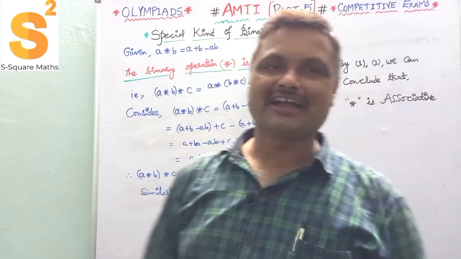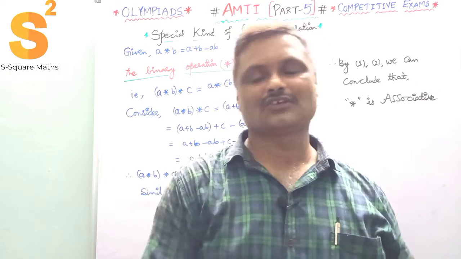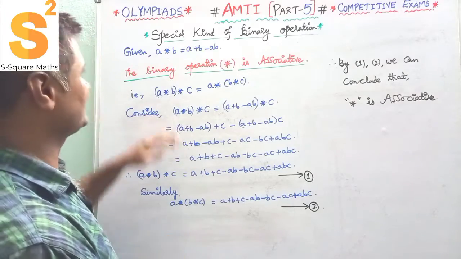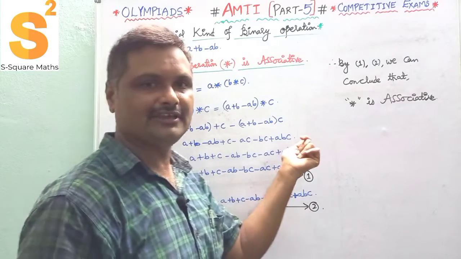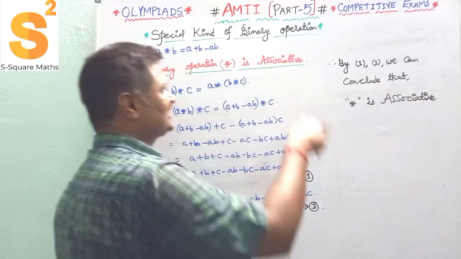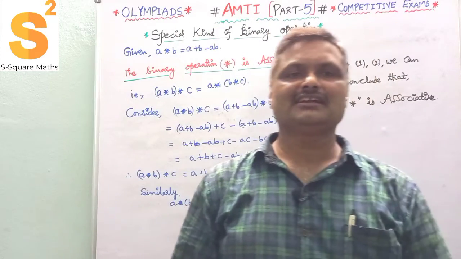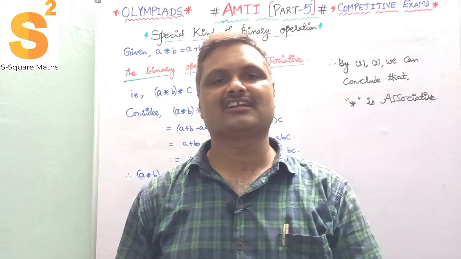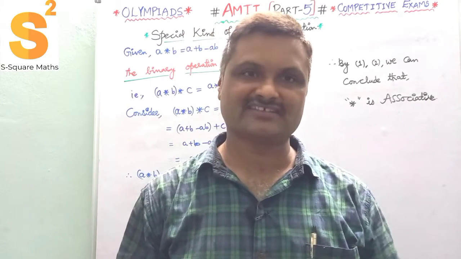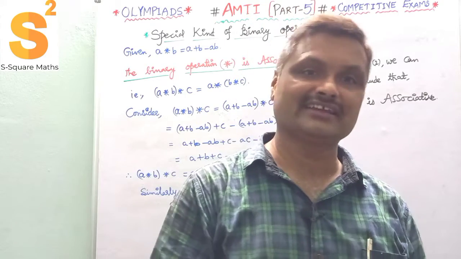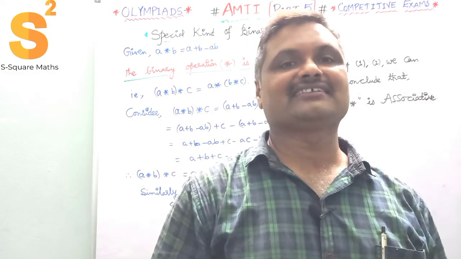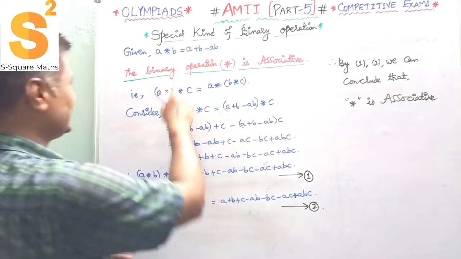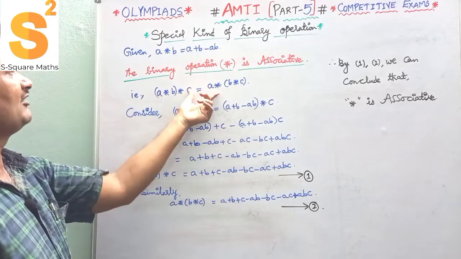So now with the given sum, I want to extend my concept here. If you observe the previous one, I can say that for the given definition of star here, A star B is equal to A plus B minus AB, the binary operation star is associative. You might know very well from the 6th to 10th standard, whatever it may be, that A star of B star C is equal to A star B star C, where star is addition, subtraction, multiplication, division. You have learned this in numbers, and also matrices and sets at the college level. So now here star is associative. That has been derived with the given definition.